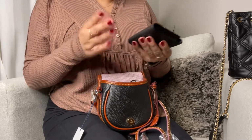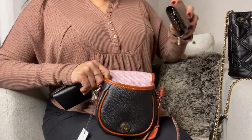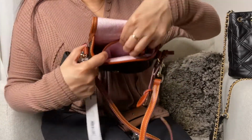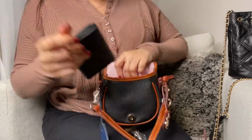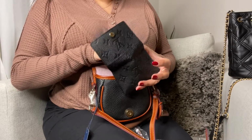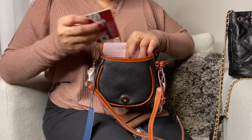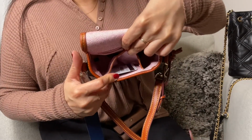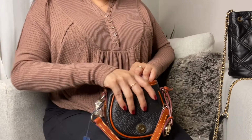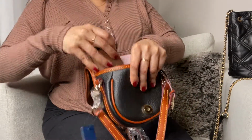I would probably use a card case, or there's actually that pocket we saw earlier. Do you see that? Let's see. Now here, I'm just gonna take a Costco shop card, tuck that in there. You see that? Plenty of space, I think, for more cards and some cash. So, okay,